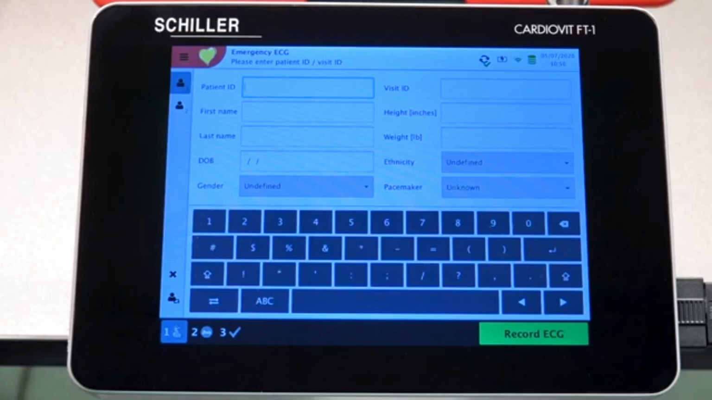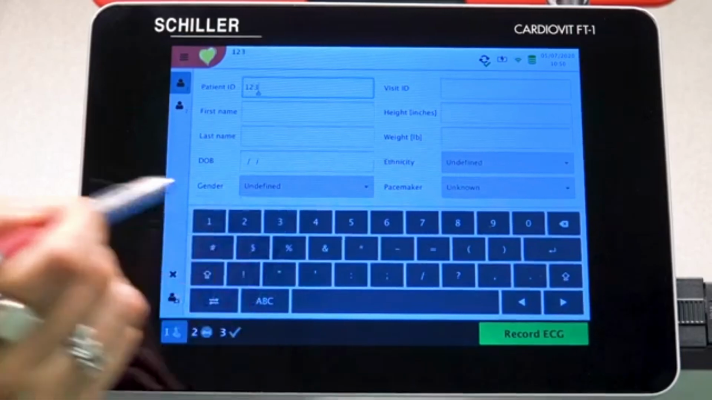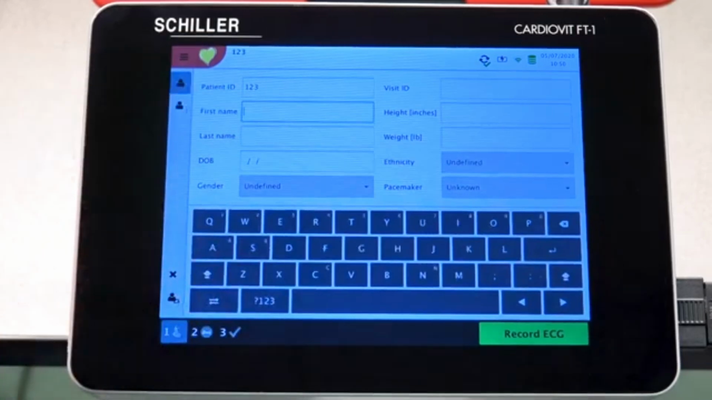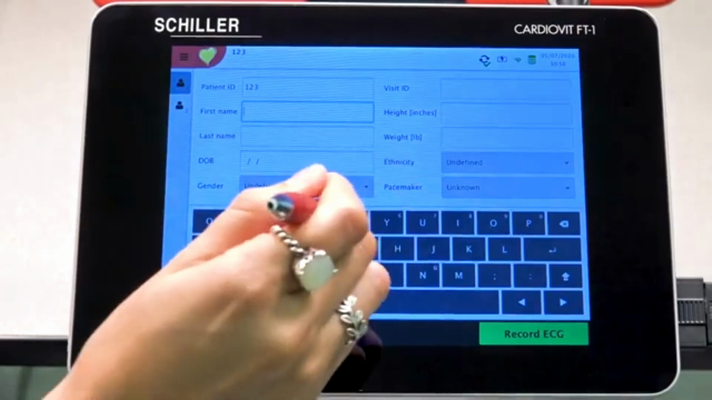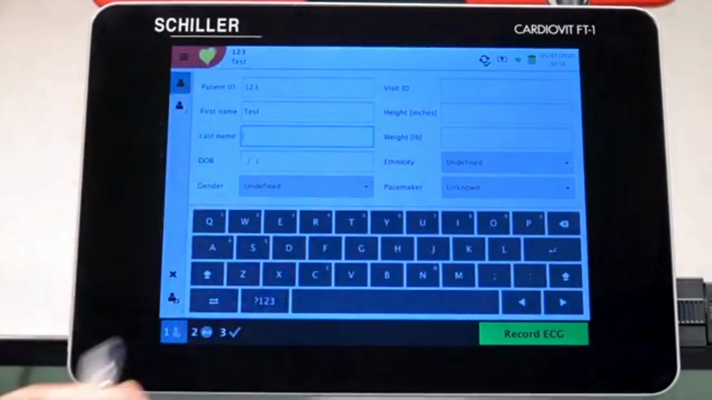Now, if you choose to leave it blank, that's fine. Just know that the unit will automatically generate a random patient ID. So in this case, we're going to go ahead and create one. And then we're going to move forward by entering the patient's first name, their last name,